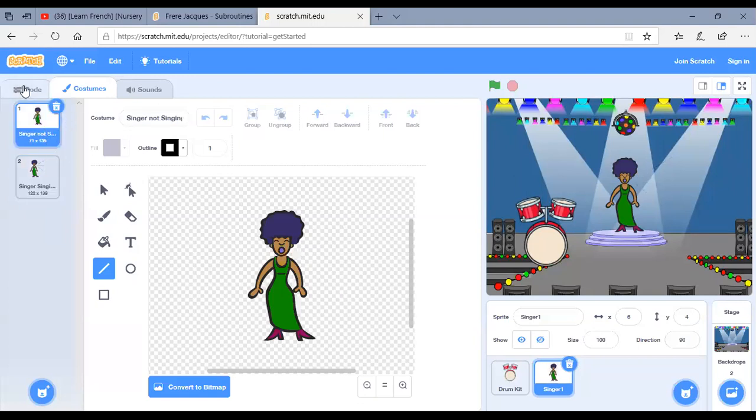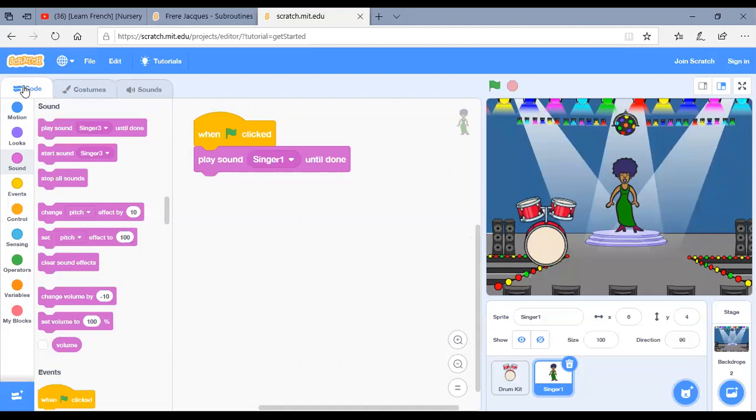So once you do that, you come here, you come to your code blocks. Now you do some changes, something like this.